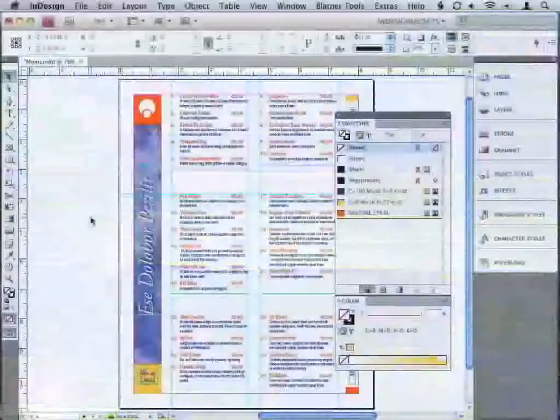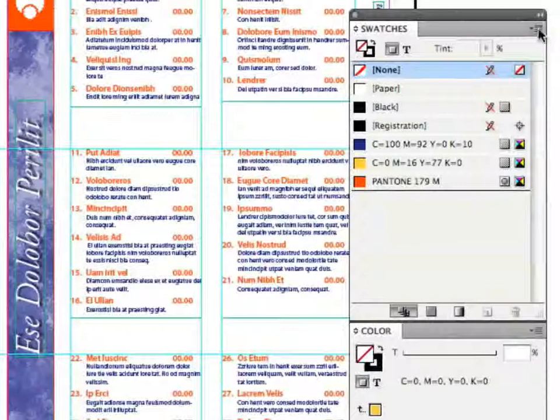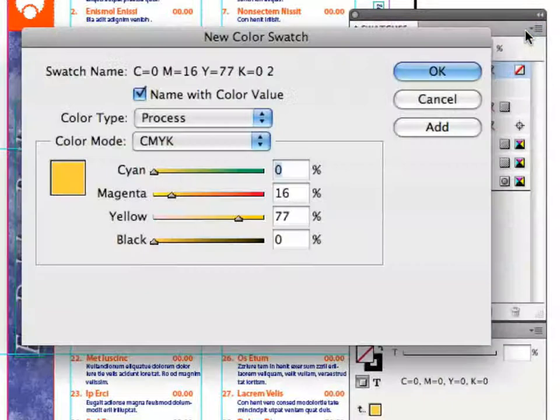Thank you, David. Now, most people would add a color to an InDesign document by going to the Swatches panel and then going to the Swatches panel menu and choosing New Color Swatch. Yeah. Which is, I think, an obvious and perfectly reasonable way to add a color. Yeah, or you could click on that New Color Swatch button at the bottom of the Swatches panel, which is